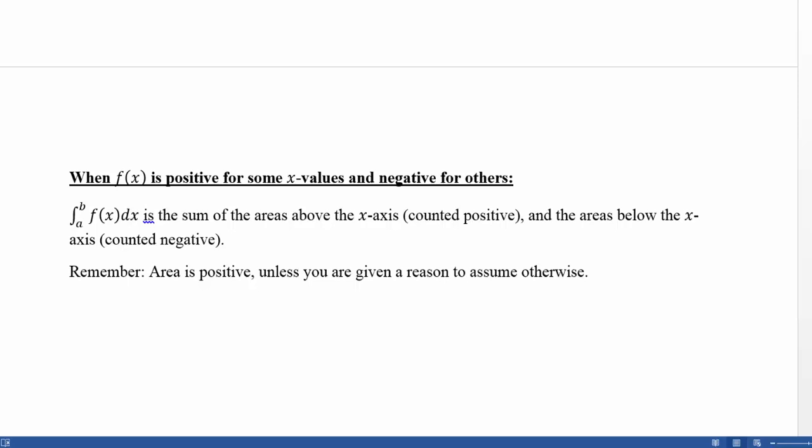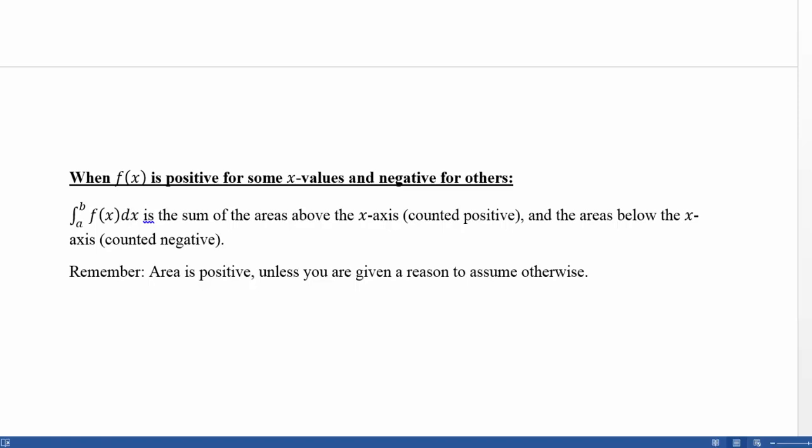The definite integral when some areas are positive and some areas are negative. So we've talked about what it means for the area under the curve to be positive. Our function is above the x-axis and we're counting our areas as positive. We've talked about what it means when the area under the curve is negative. Our function is below the x-axis and therefore our rectangles have y values that are negative, and therefore we count